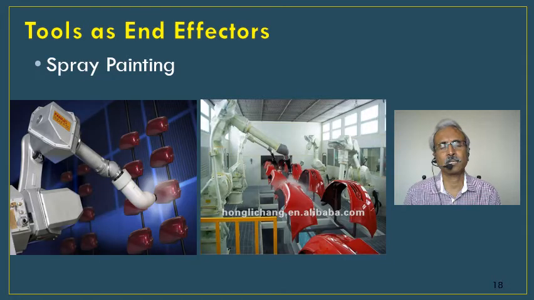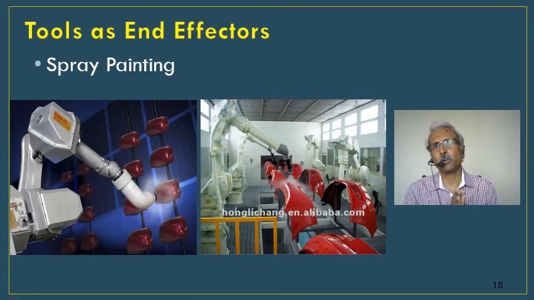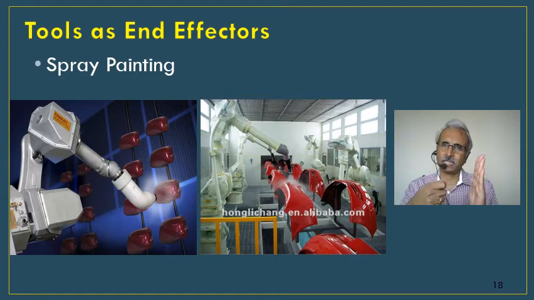And third is spray painting. This is another important task. The most important thing in painting is uniformity. So if you want to maintain that uniformity, again, two things. One, the distance between the painting surface and your paint gun. The distance or the gap should be maintained uniformly. That is one. And if it is a flat surface, fine, not an issue.